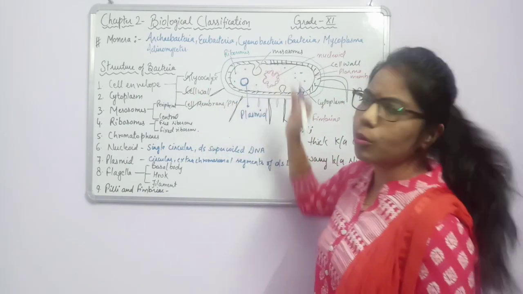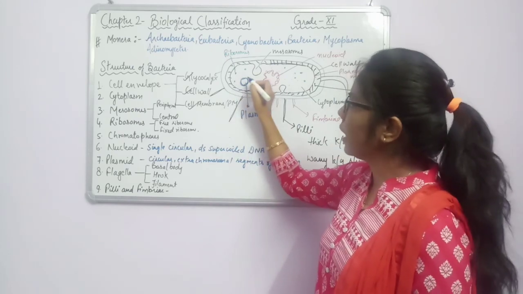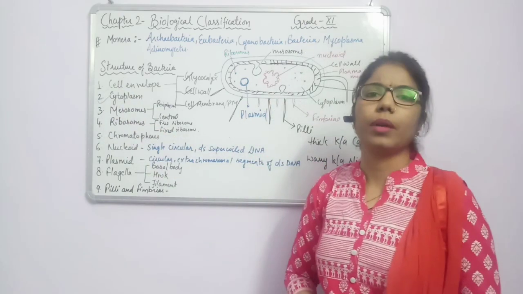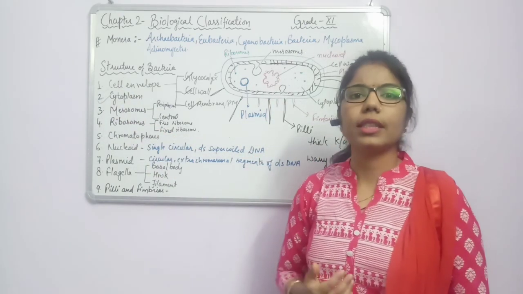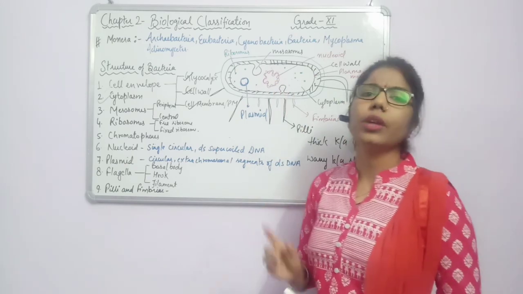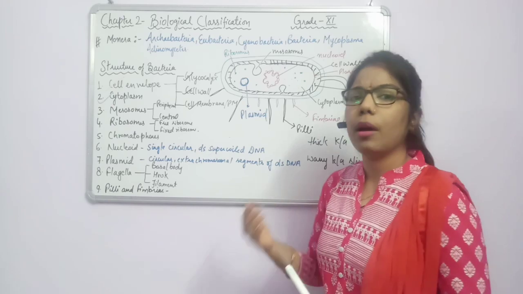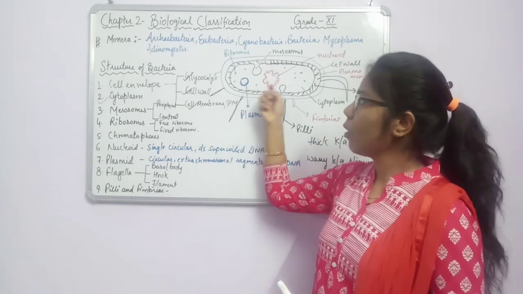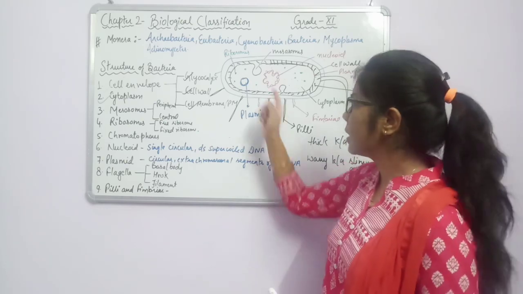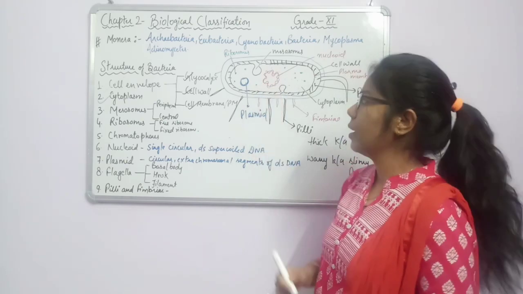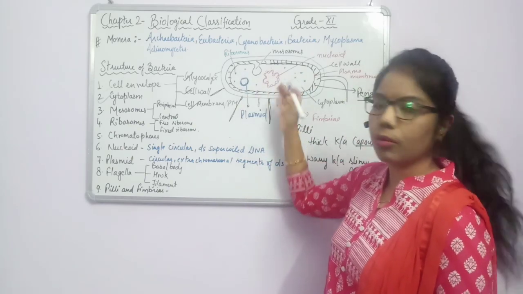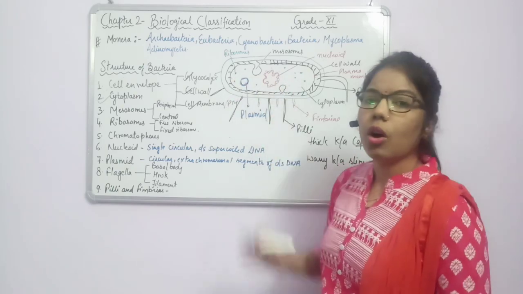Now comes the innermost part, inner to that, what we are saying? Cytoplasm. We have covered cell envelope. Now the second thing is cytoplasm. Cytoplasm is present in eukaryotic cells as well as in prokaryotic cells. But the difference is that in eukaryotic cells there are membrane bound cell organelles. But in prokaryotic cells, there are no membrane bound cell organelles present in this cytoplasm. And we know that cytoplasm is also known as matrix. It is providing a matrix to the other organelles.